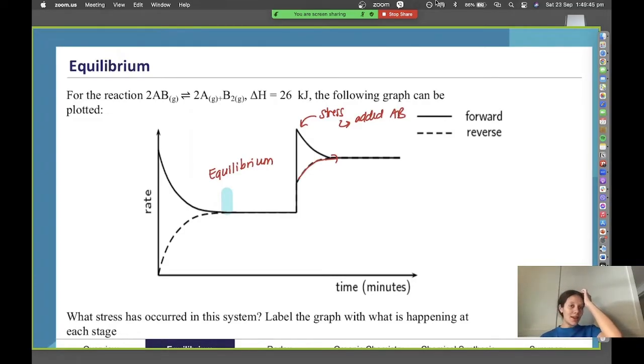We can also say that we've had a change in pressure. So that's looking at the fact that we have 3 moles of product and 2 moles of reactant. To favor the forward reaction, we'd have to favor the side that's going to be producing more moles. So that means we've decreased the pressure, and the system's going to try and increase pressure by making more moles, just making the right-hand side. So we have decreased pressure. That could also cause an increase in the forward rate of reaction, and then reverse will just increase to match it.